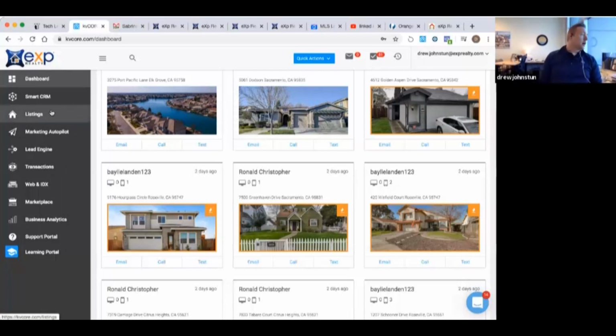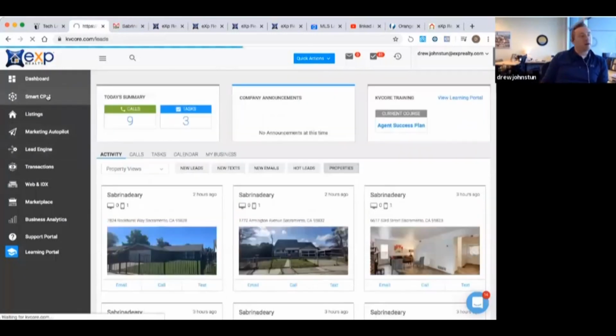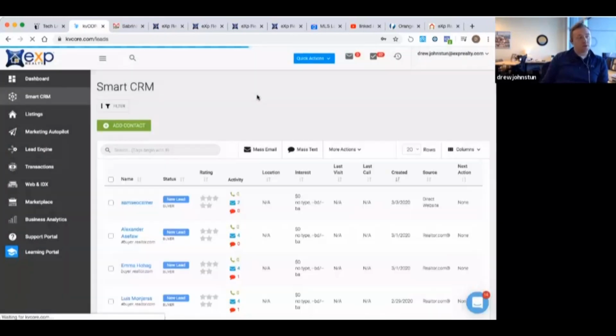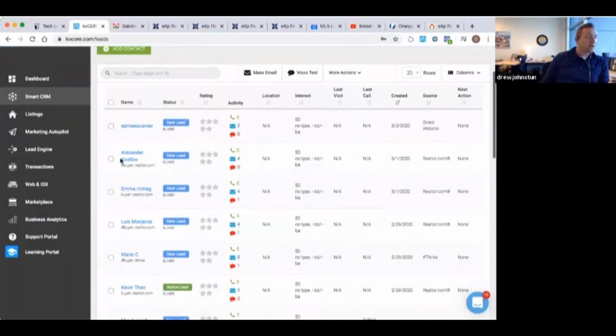All right, so a couple things to get into. Going down the list, smart CRM, all right? Your smart CRM holds a lot of power in itself. The great thing is when it comes to hashtags, for anyone that's unaware of it, hashtags are just digital files. So instead of us sitting there with a bunch of crap on our desks and all these files that we misplaced, it's all just right here, okay?